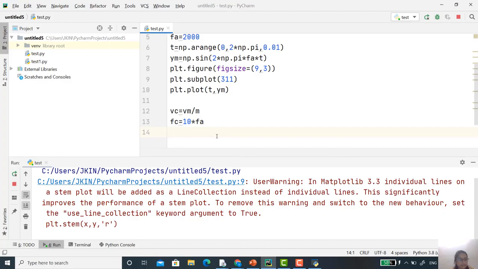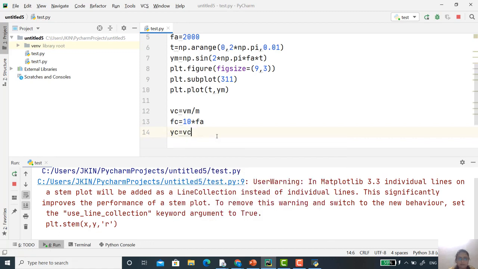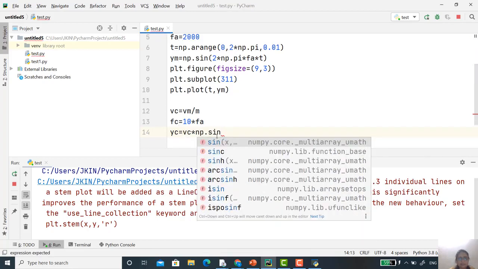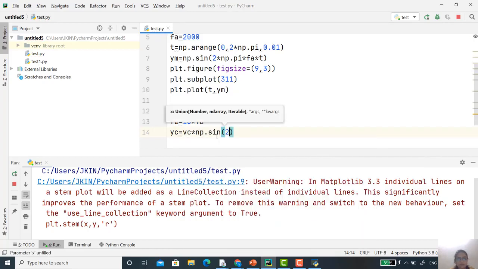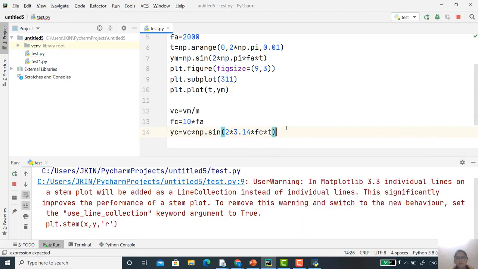And then simply you have to write down Yc, which is equal to Vc multiplied by np.sin, and here you have to specify 2 pi. Here I'm just writing 3.14. You can write np.pi, or you can write 3.14 multiplied by Fc multiplied by t. Now you have to use which command?